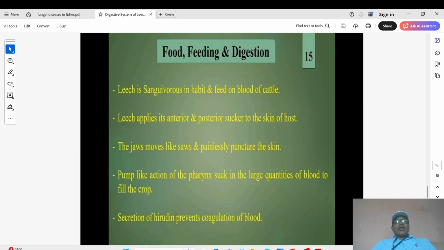Food, feeding and digestion. Leech is sanguivorous in habit and feeds on blood from cattle. Leech applies its anterior and posterior suckers to the skin of the host. The jaws move like a saw and painlessly puncture the skin of the host. Pump-like action of the pharynx sucks